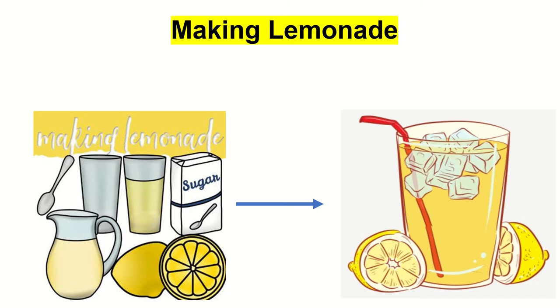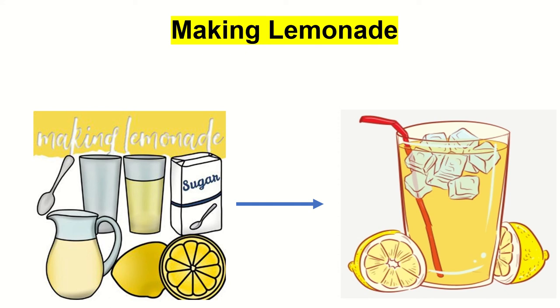Similarly, if we want to make a lemonade, we will apply our thinking skills. Our first step will be to identify the ingredients needed to make a lemonade. We will find out that we need water, sugar, lemon, salt. These are the ingredients. After knowing the first step, we will then mix these ingredients together. So this is stepwise thinking, which means first thinking about an activity and how we can solve it.